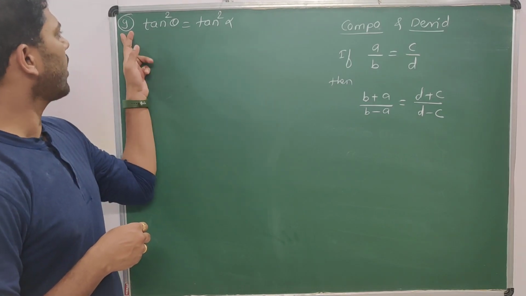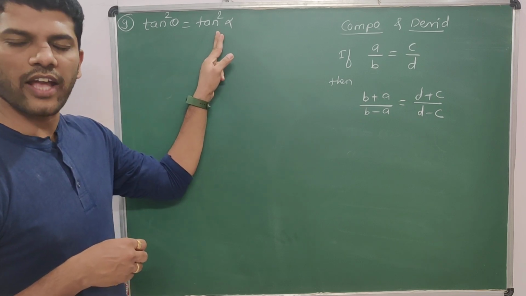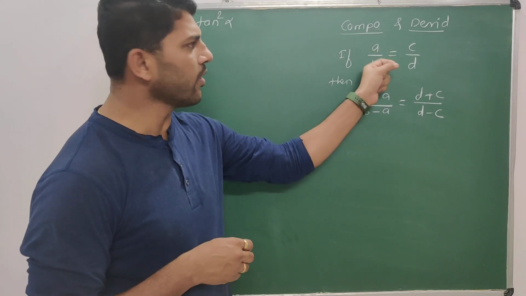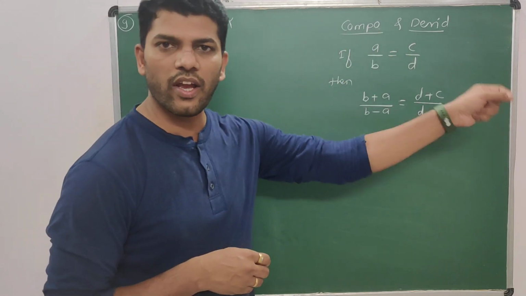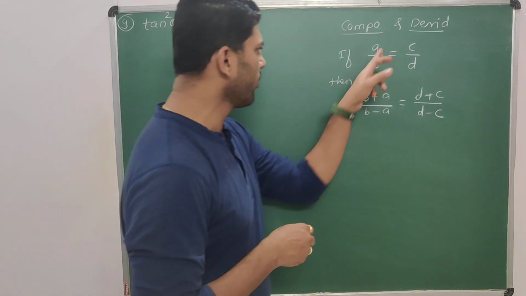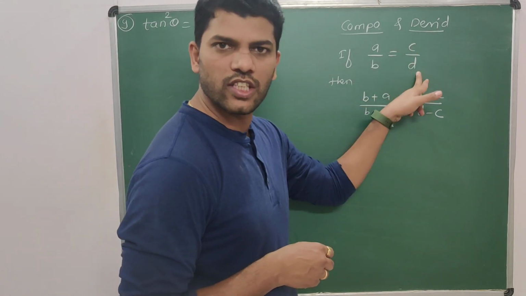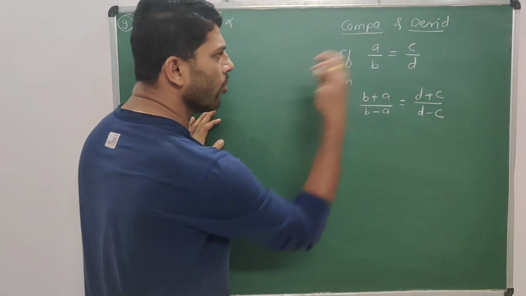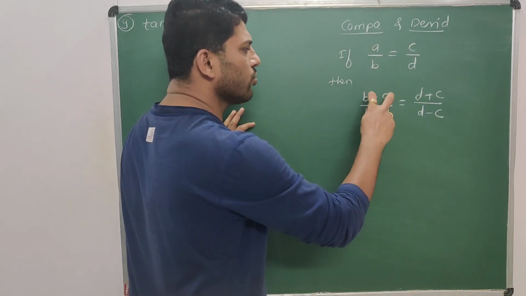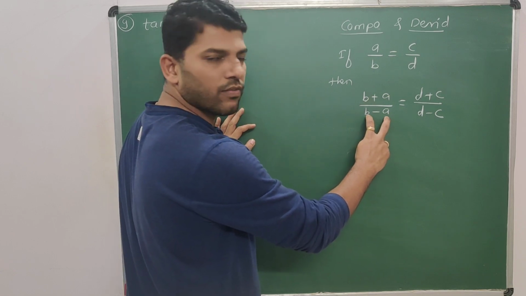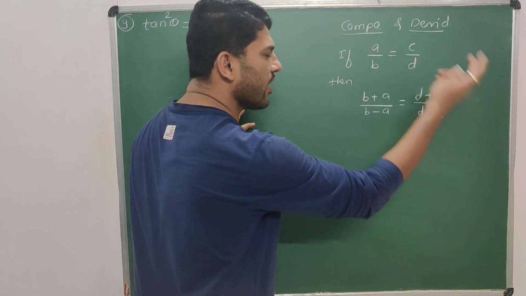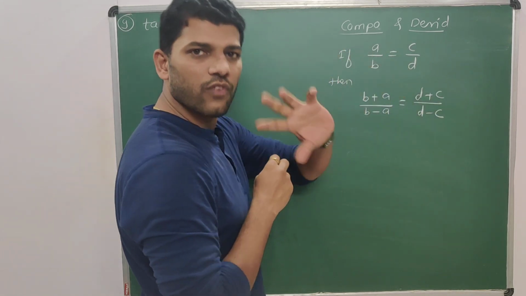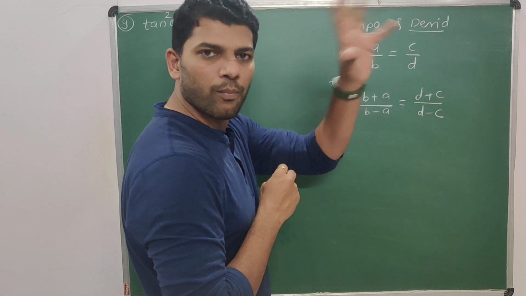Now case number 9 is tan square theta equal to tan square alpha. To simplify this, you must understand this fundamental principle of ratios, componendo and dividendo. So what is componendo and dividendo? If A by B is equal to C by D, if these two ratios are similar, then by componendo dividendo, the sum and the difference of these two, and on the right hand side also, the sum and the difference, these ratios are also similar. If you recall the basic concept of componendo and dividendo.